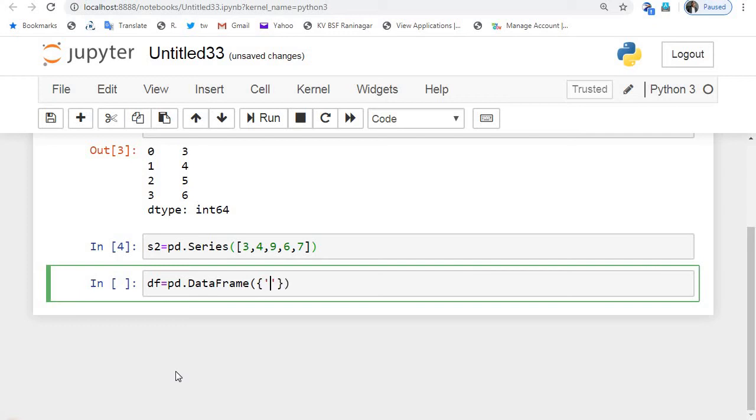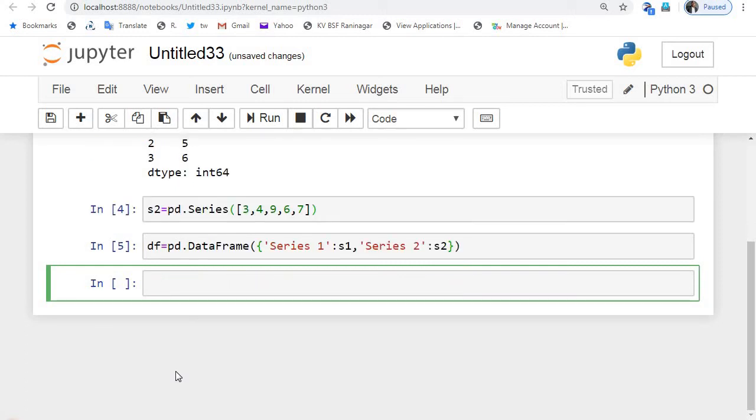The first key is series 1 and its value is the S1 series. The second key is series 2, its value is S2. Index and column labels can also be passed in the DataFrame function, but here they have not been passed. It will take automatic values. Now our data frame is created.